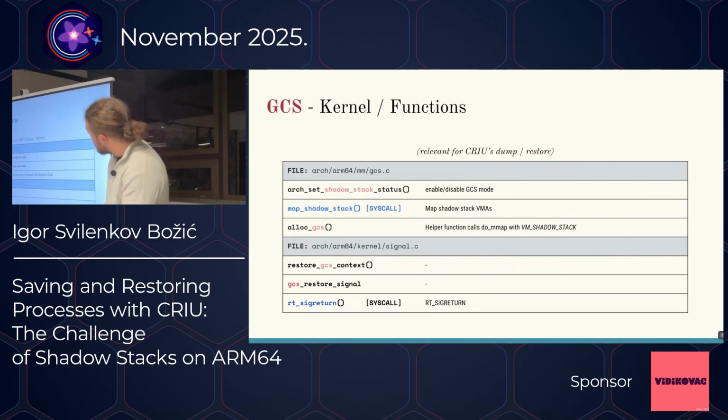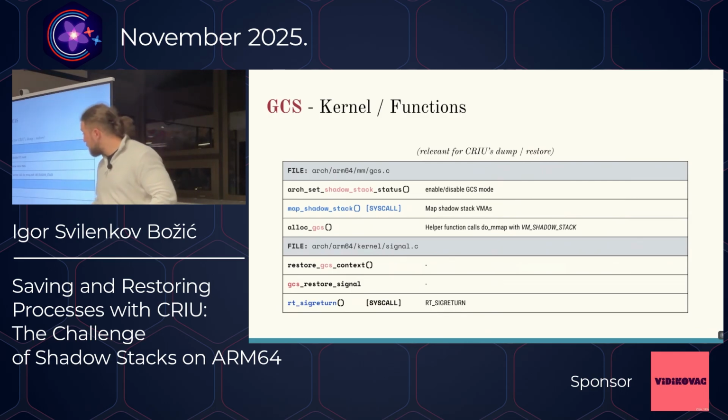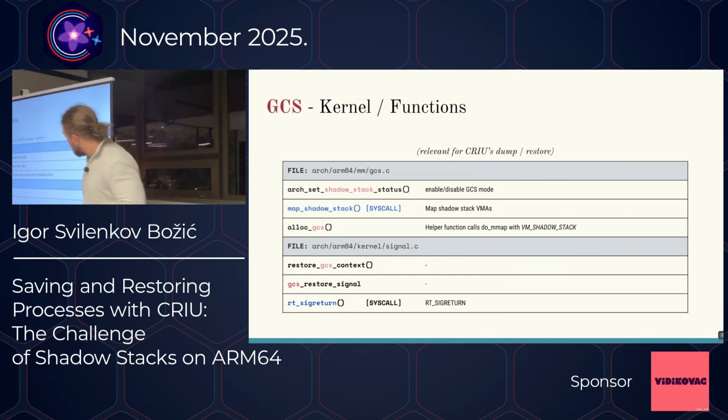Some kernel functions, just to note them, where all the GCS stuff happens in them or around them, and that while debugging, bombarding these places with printk was useful. I wouldn't go too much into the details of them, but one is how the map shadow stack syscall works. It basically does an mmap with a special flag on the VMA that says that it's protected, and so on. And also there's some logic on sigreturn, because